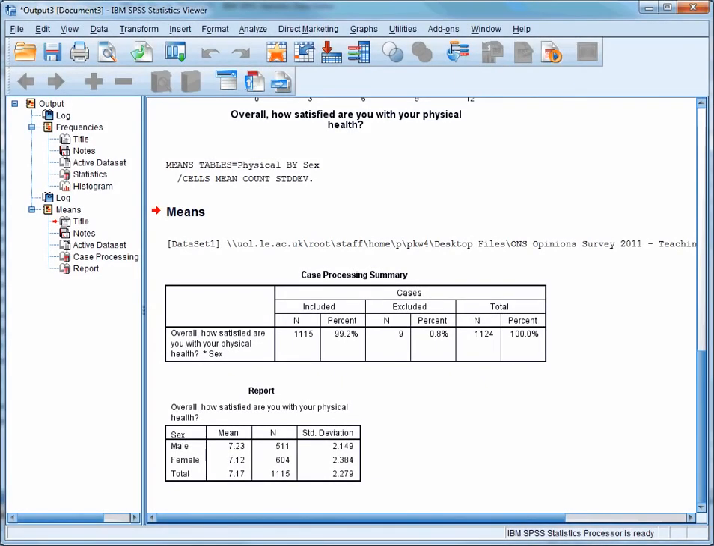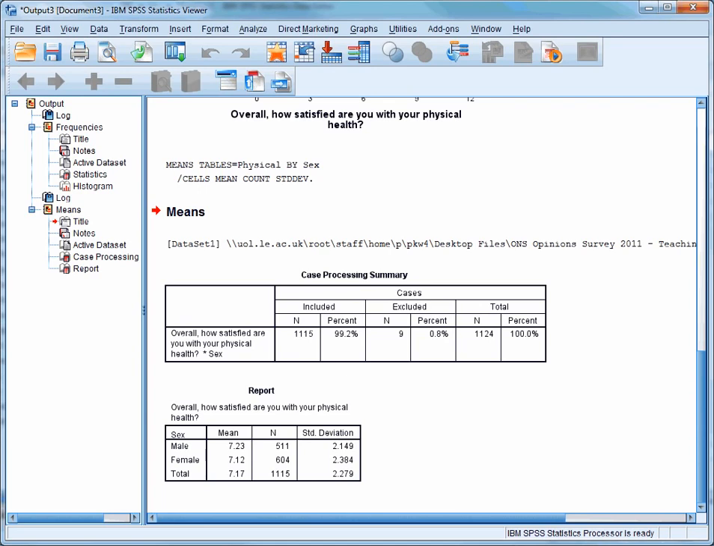In the last video, I showed you how to compare means in SPSS. In this video, we're going to look at how to interpret the output. If we look at the first table in the output, Case Processing Summary, it tells us that of the 1,124